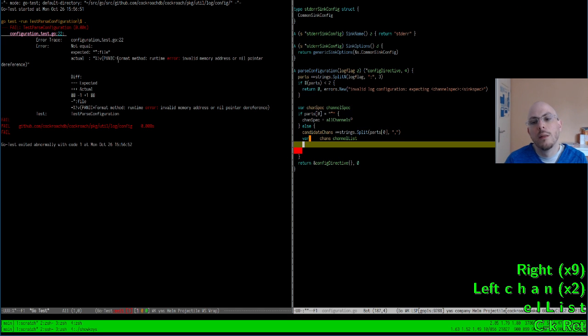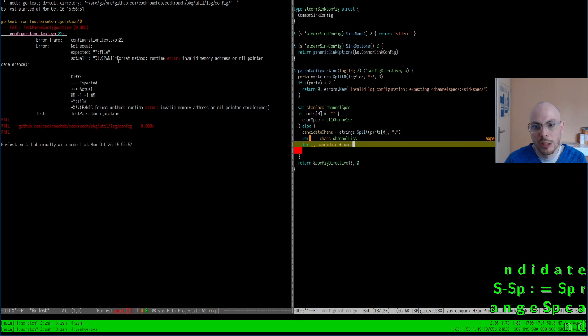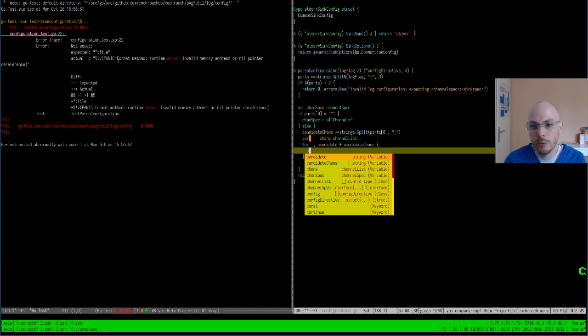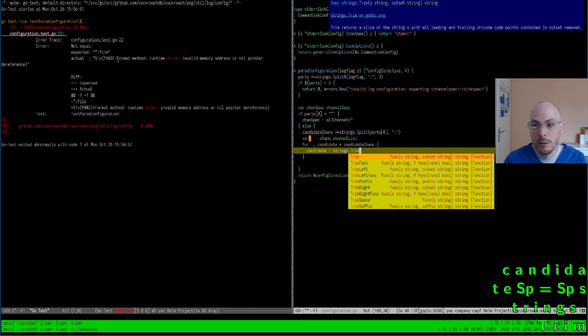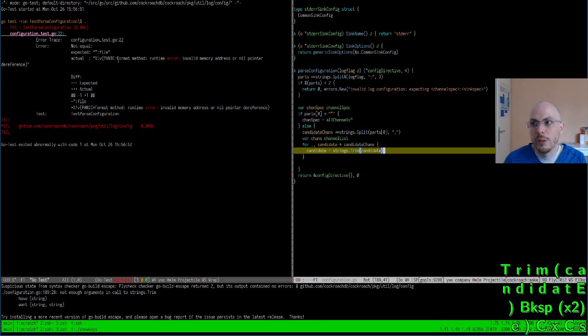And then we're going to try to find channels. First of all, we're going to be very flexible on the input and trim the string, so that we remove spaces before and after. That's a general principle: be flexible on the input, be strict on the output.